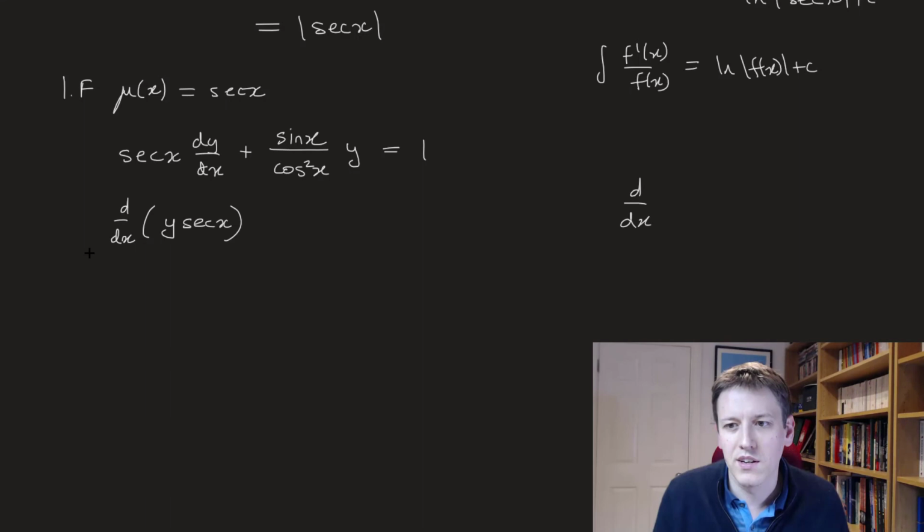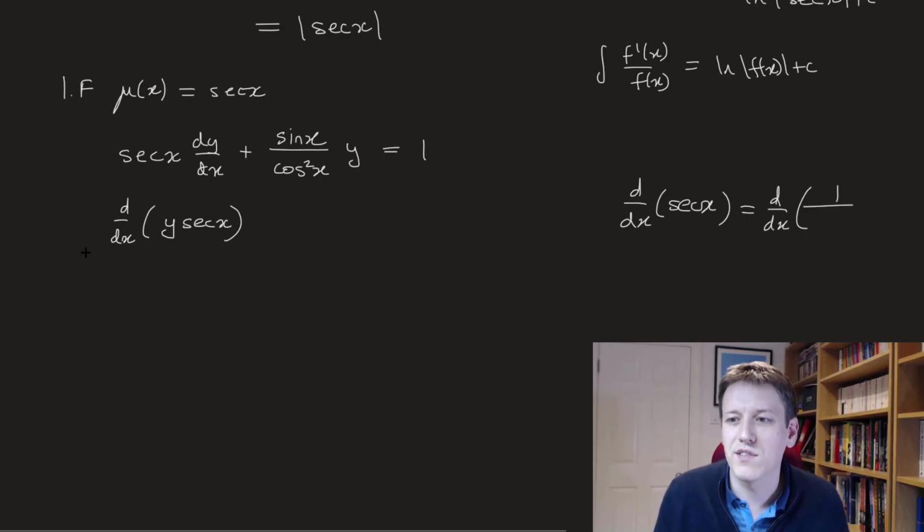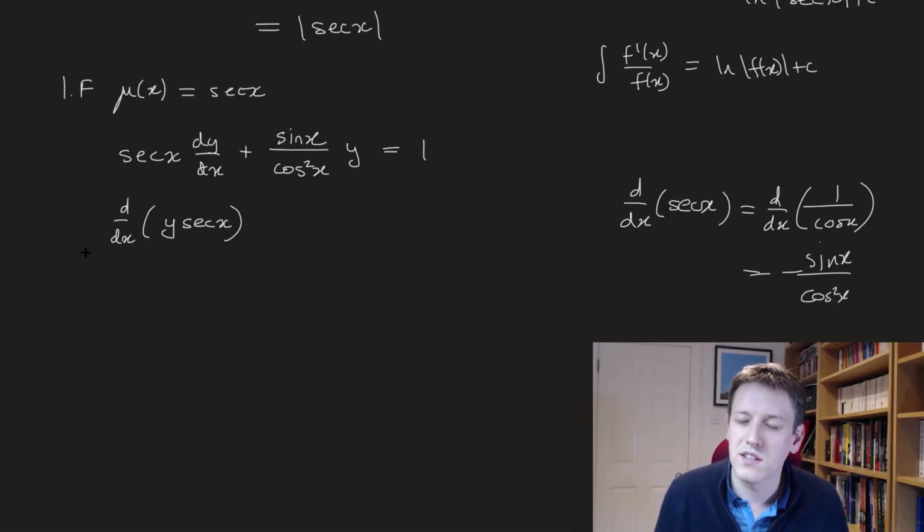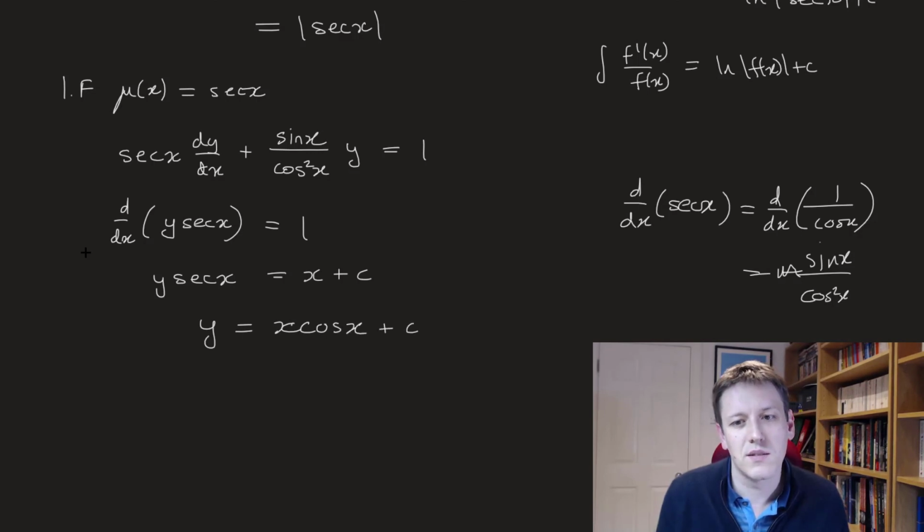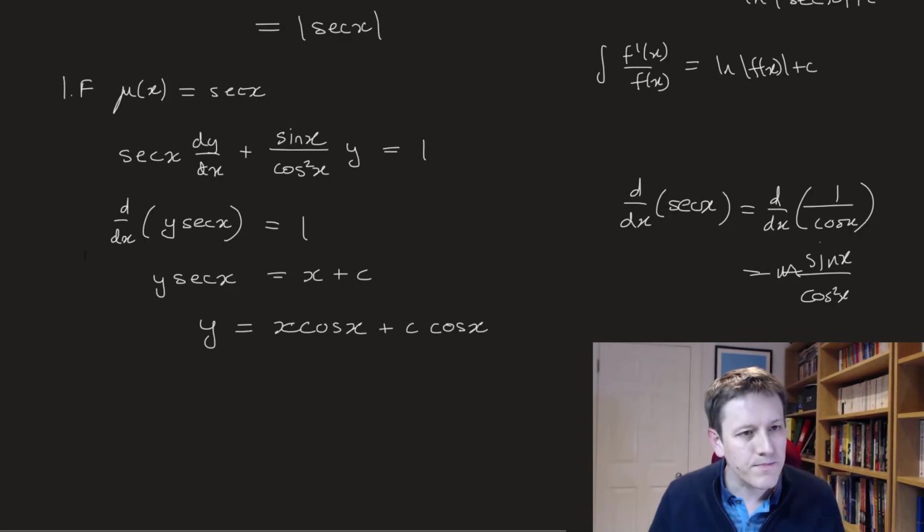Okay, and if you are really still worried about my modulus or something, you can just check here. Well, the derivative of sec x is d by dx of 1 over cos x, so that's minus 1 over cos squared x times the derivative of cosine x, which is minus sine x, so I do get exactly what I want here. So that's equal to 1, so I can just integrate through here, y sec x equals x plus c, and so we've got y equals x times cos x plus c times cos x,